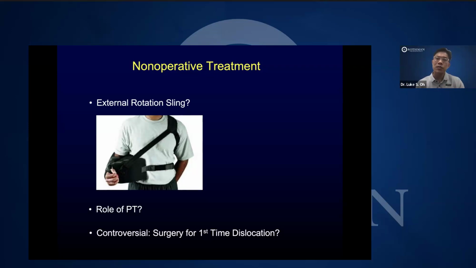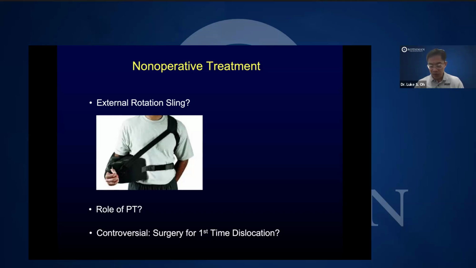The other discussion is, when we meet patients who have an ACL tear, we don't tell them, hey, listen, why don't you go rehab it? And if your knee gives way a second time, then we'll do your ACL reconstruction. We know what the biomechanics of the knee are, and that if they have another pivoting event, their knee likely will buckle. And then in the shoulder, however, historically, we've allowed people to hurt their shoulder again before we